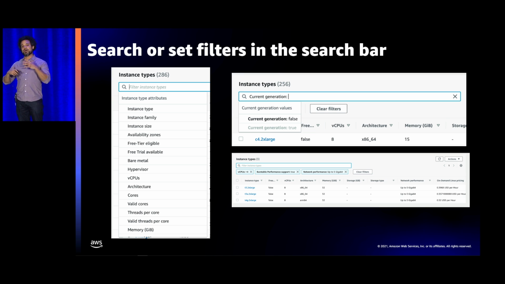I can also, for other values, put in ranges. So imagine your application, perhaps you need at minimum 4 vCPUs per node, but you really don't get much performance benefit when you go past 32 per node. I can choose a range command and say between 4 and 32, and it'll return all the instances that have those attributes in between. And I can do the same thing for memory as well. So you have a lot of flexibility in terms of using this attribute style-based approach, and you can basically leverage that through this tool to return always an up-to-date set of instances.